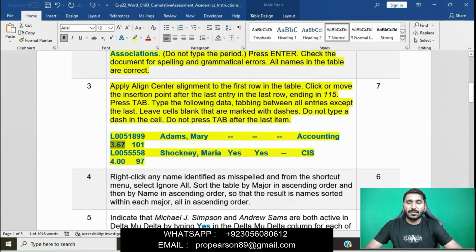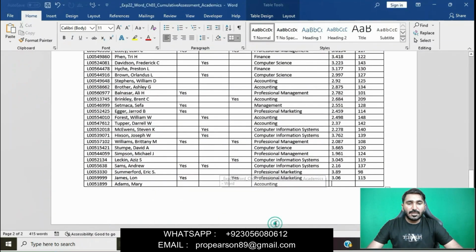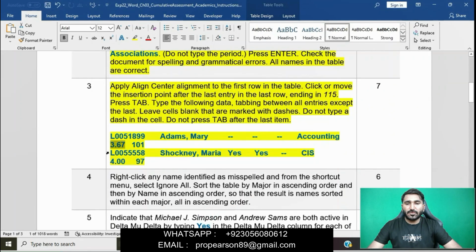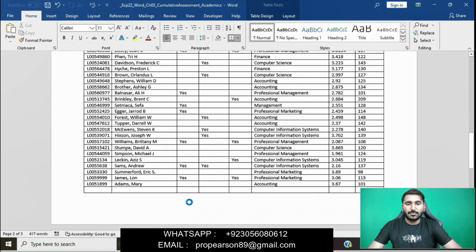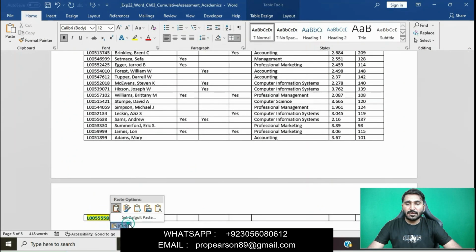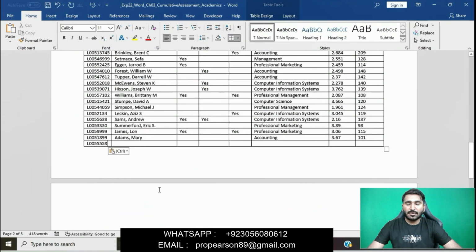Then 3.67. The second last column is 3.67. We will copy and paste here, and the last is 101. The second entry is L005558.